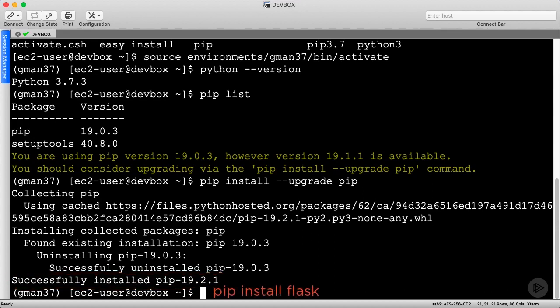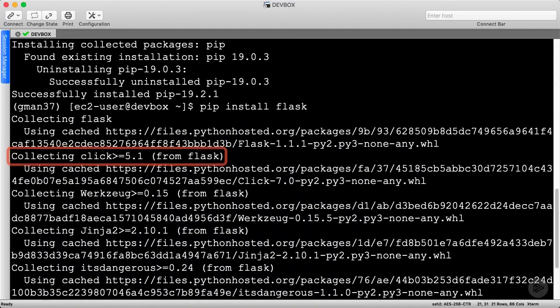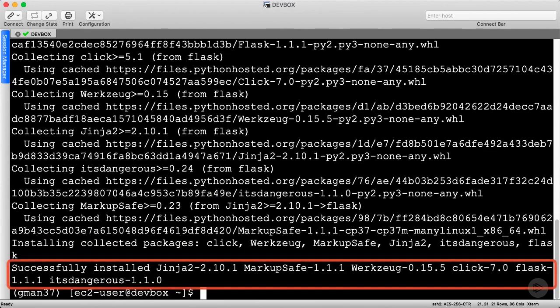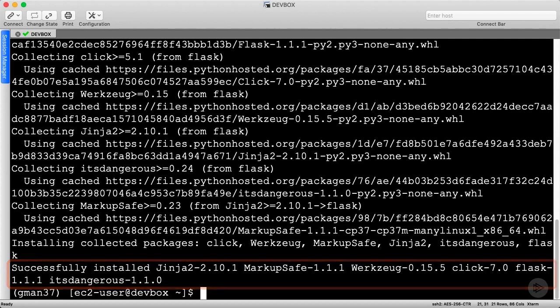We are going to use a web framework named Flask for our GlobalMantic's CRM app, so let's install that using pip install Flask. Scrolling up, we can see that this package has many dependencies such as Click and Jinja2. Each is installed along with Flask. At the end, pip provides a summary of what was installed along with their versions.